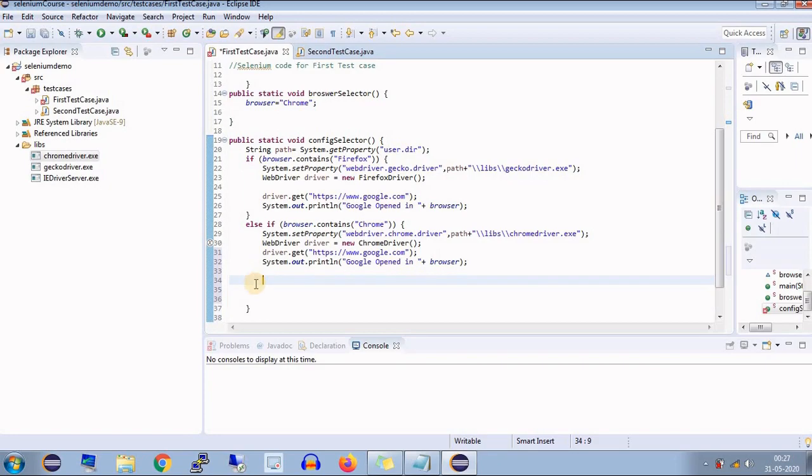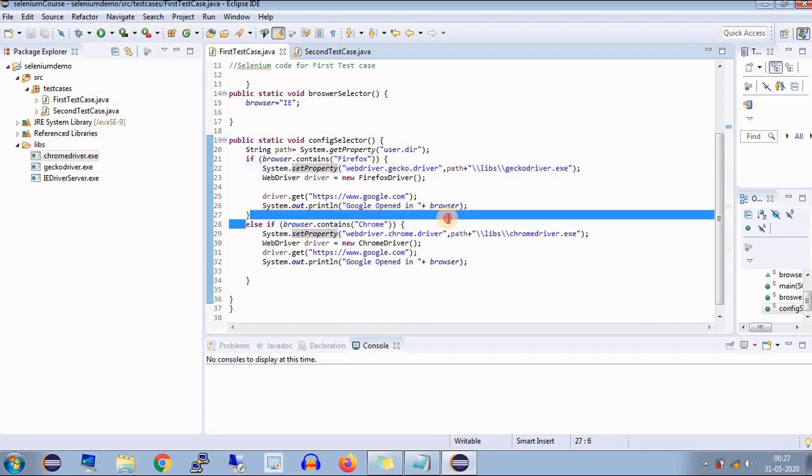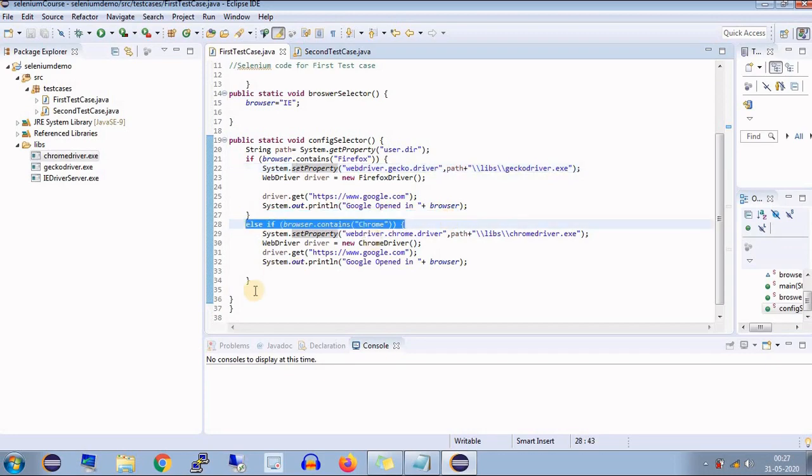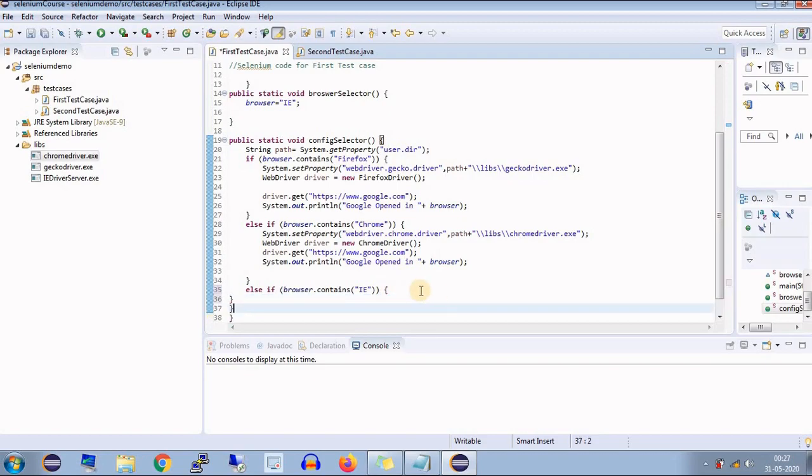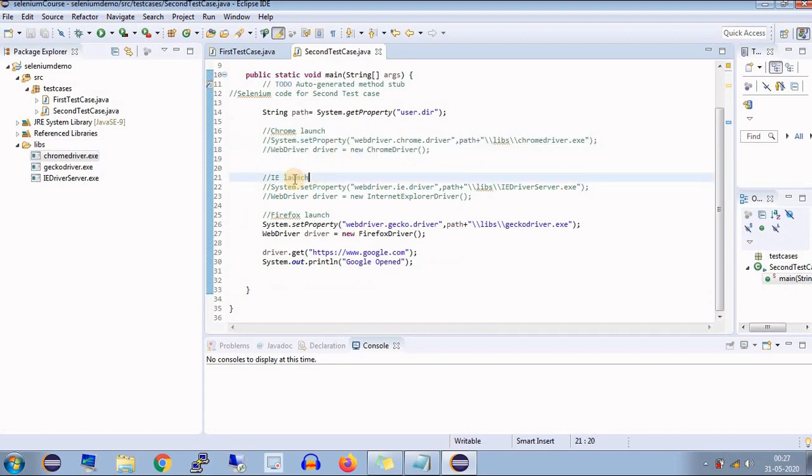Now for example, the browser value is IE. In that case, again we need to add one more else if statement. So let me copy this else if line, and then browser contains value IE. Let me add one close bracket. Okay, so now I need to copy the code for IE browser. So here is our system.setProperty for IE browser. Let's copy it.